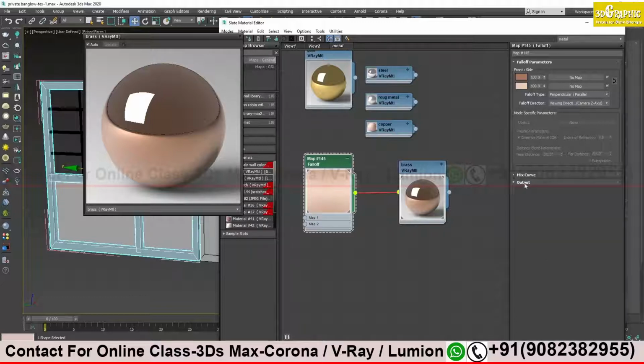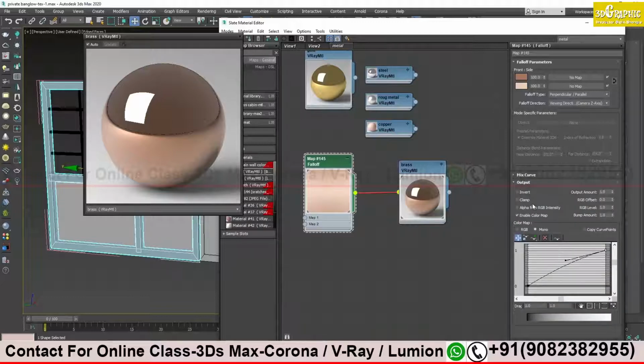Fine. Anything you would like to ask till now? Sir, will this falloff be useful even for glass, metal? Yes, of course, for any reflective material. For steel it is applicable? Yes, of course, steel, brass, even cloth and fabric. Yes, of course you can use it for fabric as well.